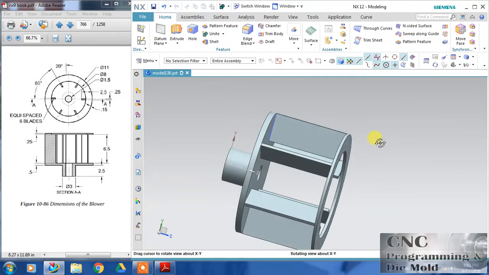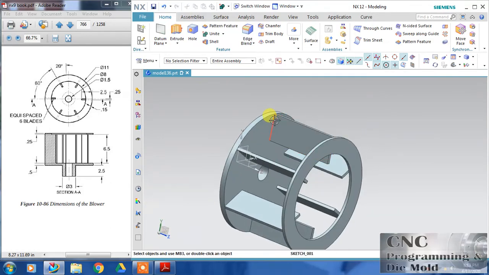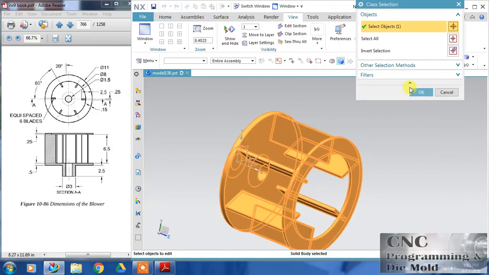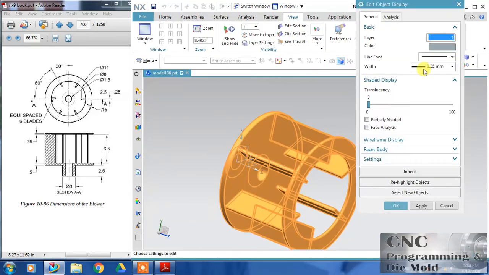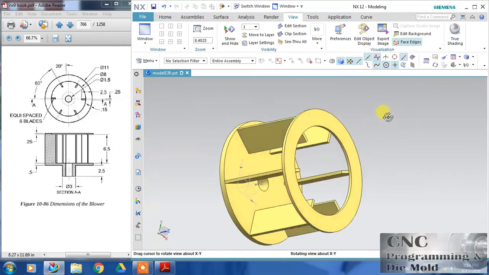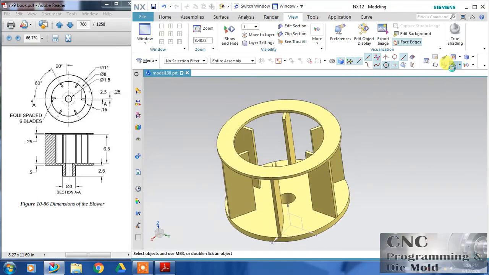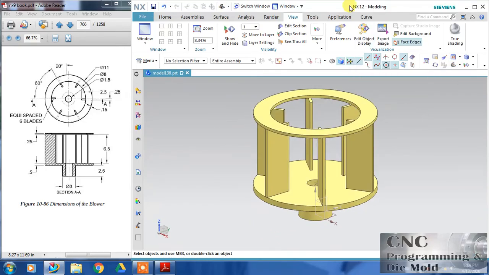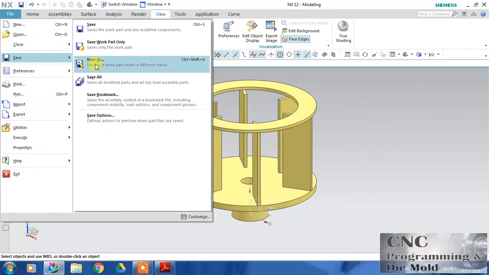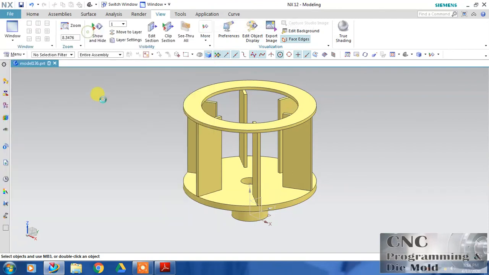If you want to change the color, just go to View and Display, click OK, and change its color to anything. So this is my first part, and save this part too.